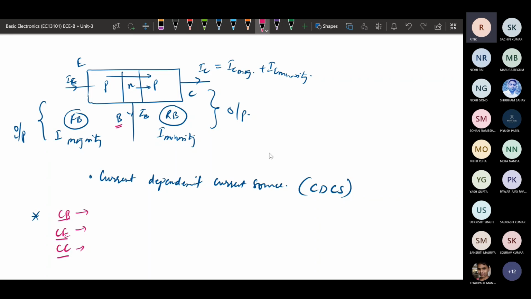Based on that we will configure the terminals of the BJT and operate it in different modes. We will see next how the BJT works as an amplifier in three different modes of operation.